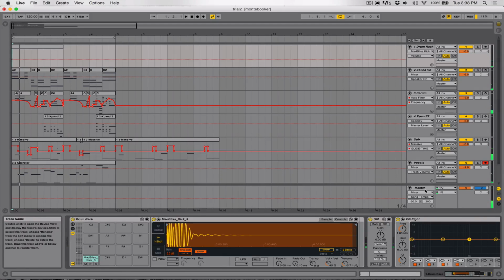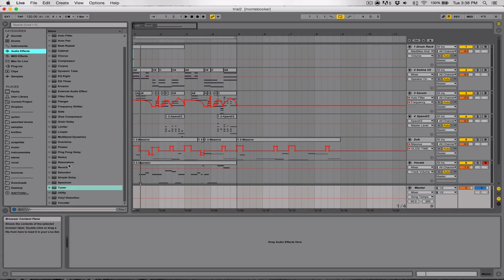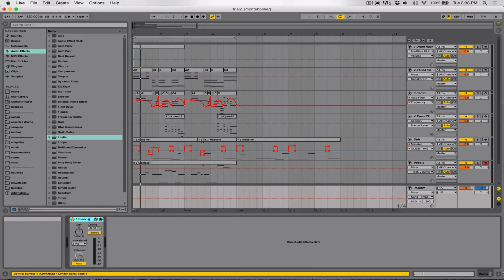And as you can tell, it's clipping in the master. We can temporarily add a limiter because I know it bothers some people. I don't know, it doesn't really bother me until I'm mastering and finishing up the whole track. So